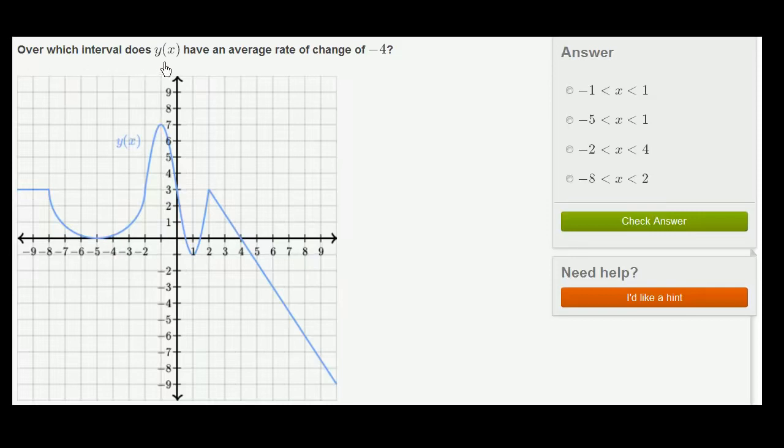Over which interval does y of x have an average rate of change of -4? So average rate of change, if you think about it, you're literally just averaging, for example, in this bowl section